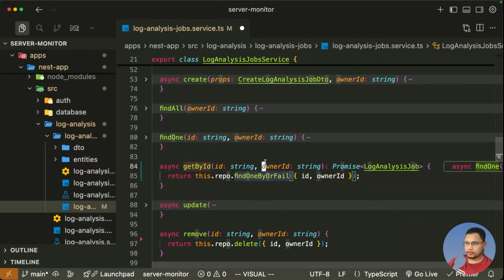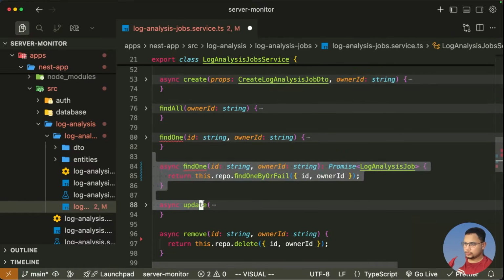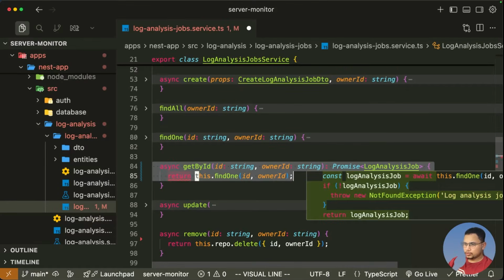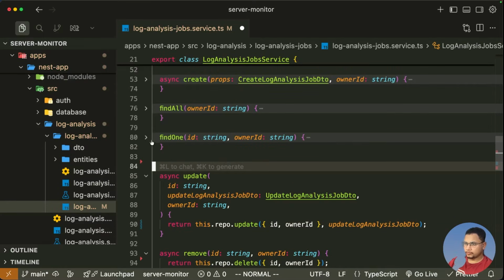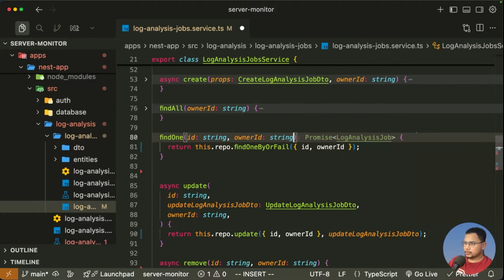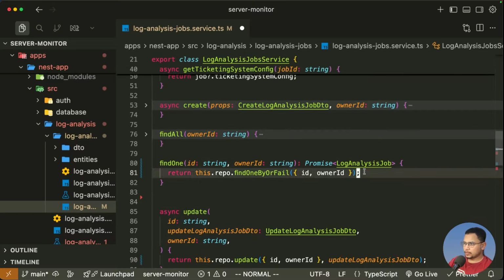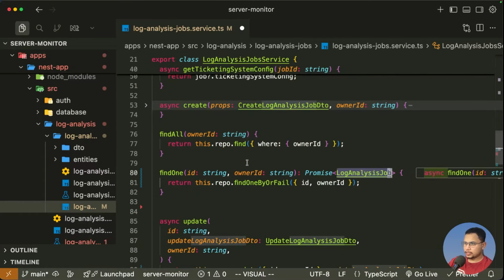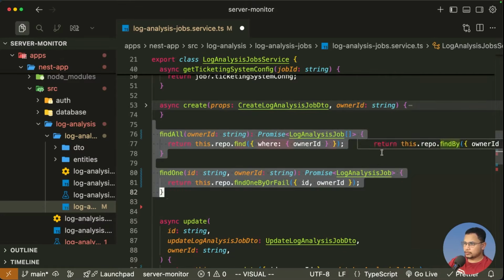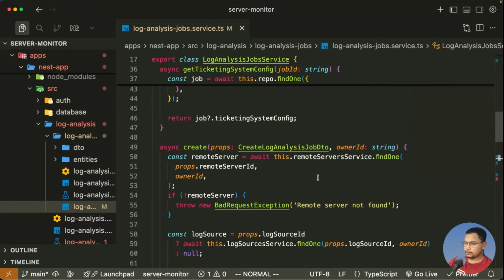Okay, that's perfect. This should be find one. What did I do? We do not even need this one. Okay, perfect. So find one or fail. This is fine. Let me mark it with this as well. Find all is fine as well. And for the create one,